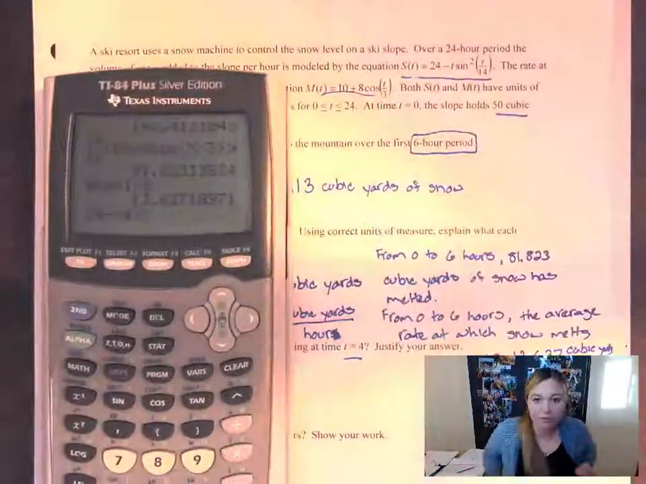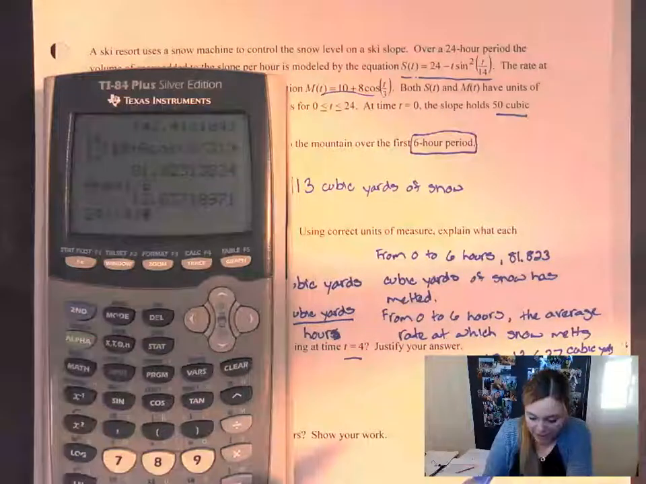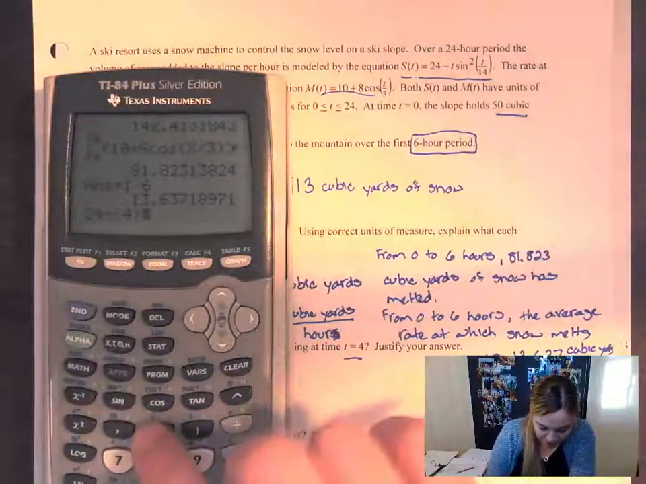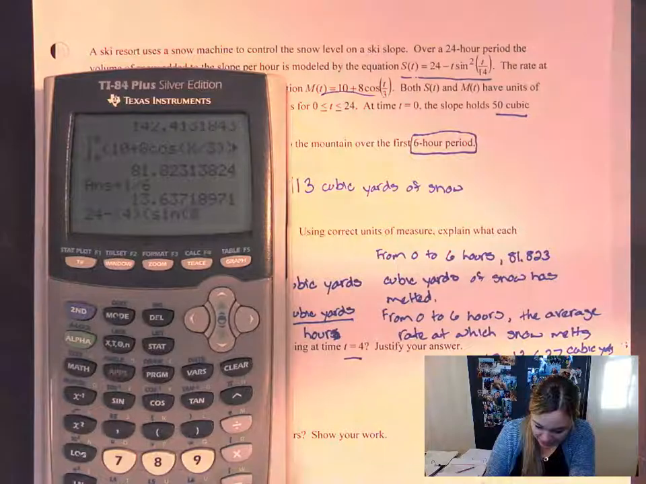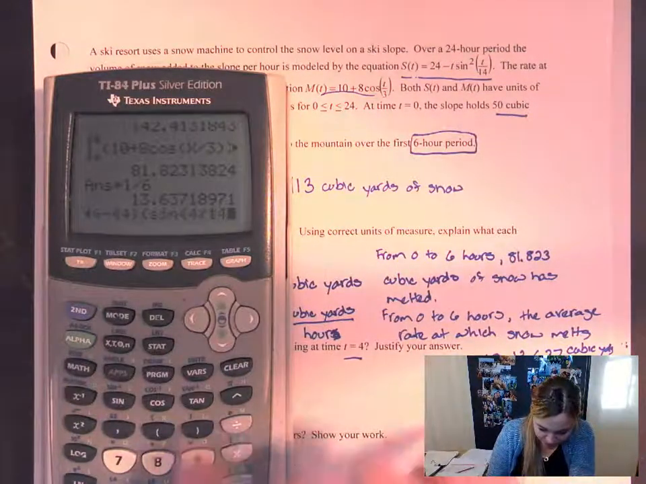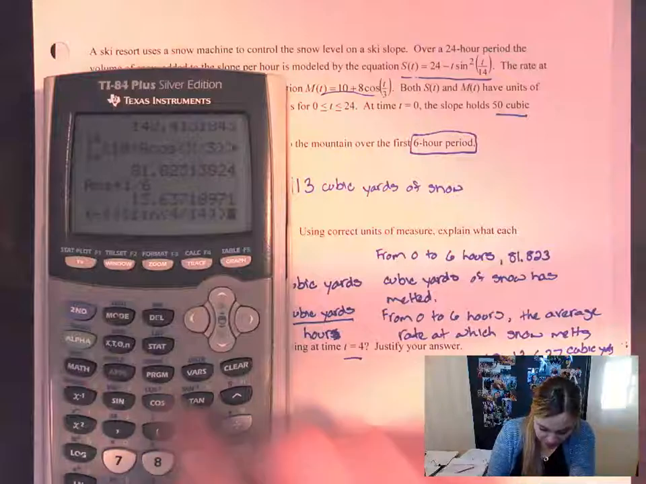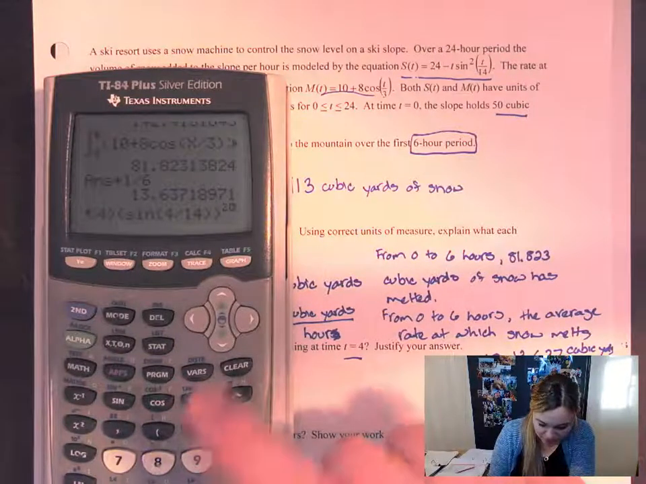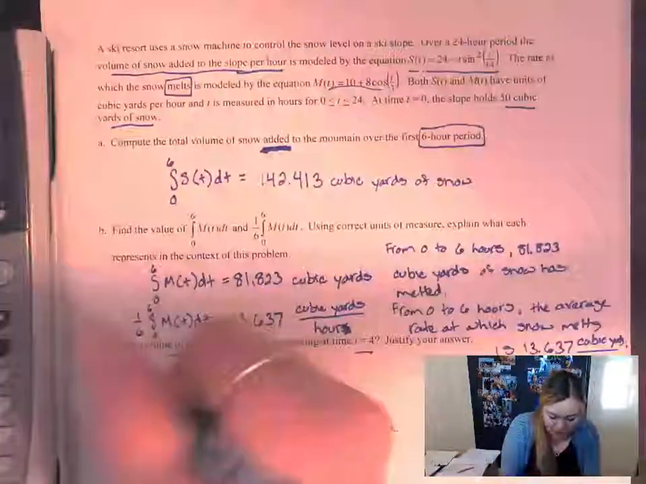I'm putting in 4 into that function. So 24 minus 4, and then put the parentheses. So I've got sine of 4 divided by 14, and then square it. And I'm going to find this value first. I get